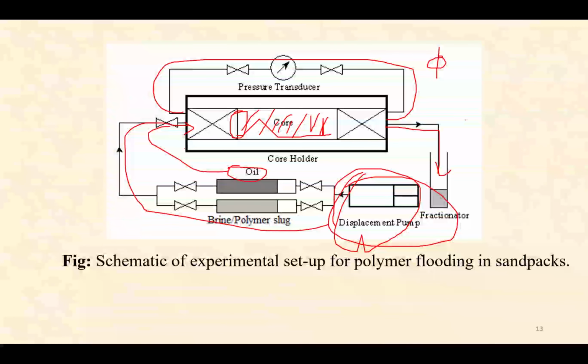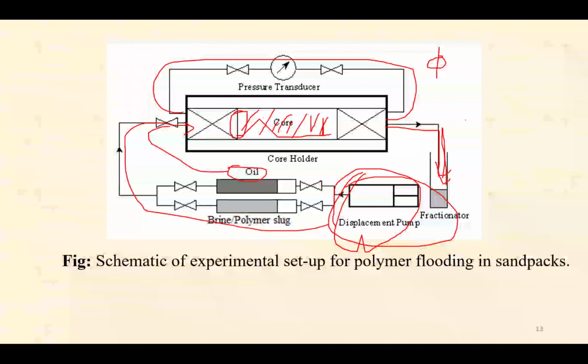Then what happened? This oil will displace the water and it will be collected here. So you continue to inject crude oil until, at the start, mostly the water will be collected,